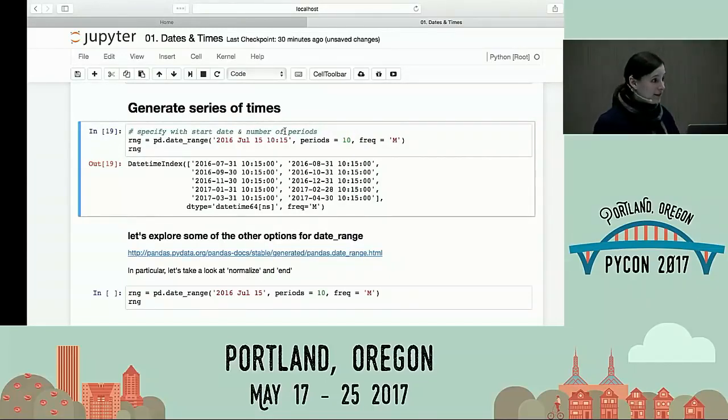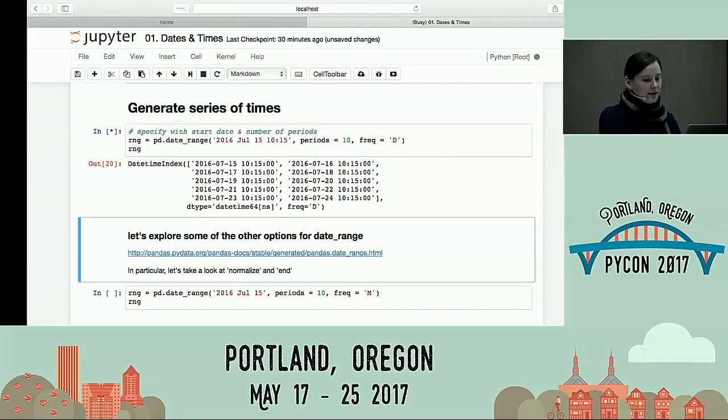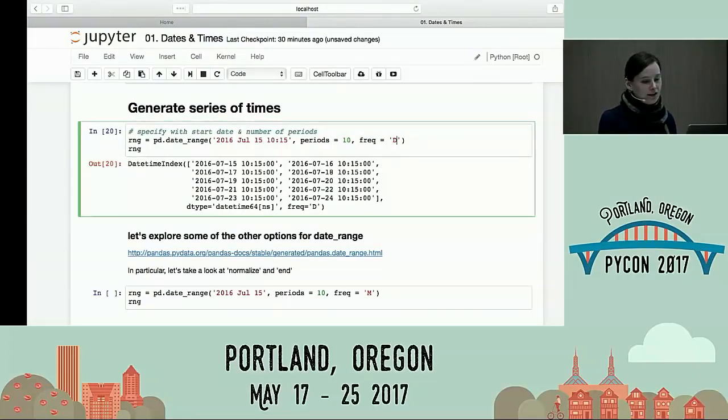When you're dealing with time-stamped data, maybe you're doing science experiments and you've only got to deal with 20 microseconds at a time. If you're dealing with anything related to humans, you're going to have to deal with calendars, and that's what Pandas is really built for. So I can have a monthly frequency. What other frequency might I like? Maybe I want a daily frequency. Now I've got daily frequency.